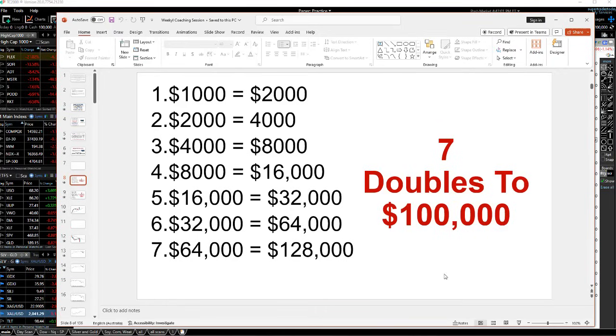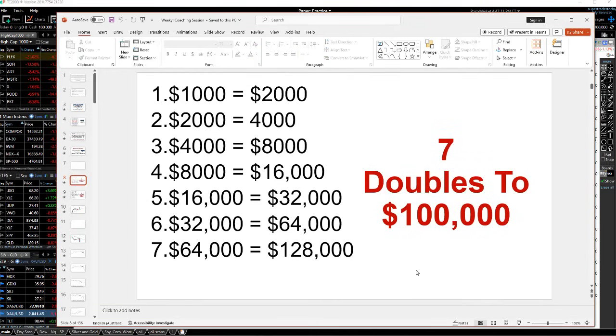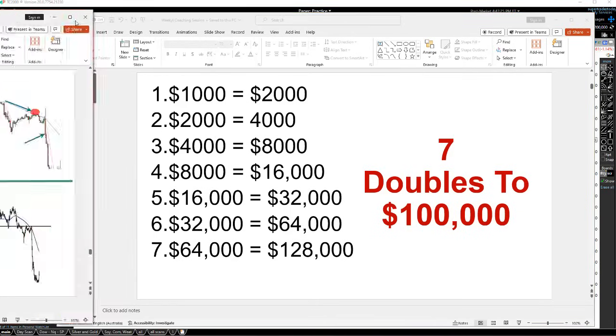Again, guys, in that free trading course, I teach you the trading system that I use, but I'm trying to share with you here that you're only 7 good trades away. What are the setups for you? And if you don't know, this is where you need to be, right? What are the type of setups for you that are likely to do at least a double? Now, the reason why I say at least a double is because